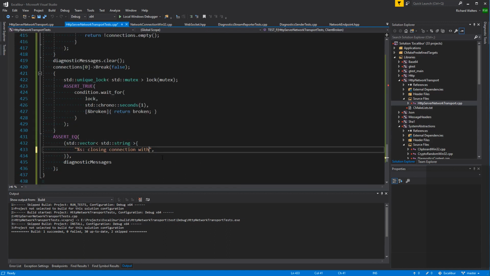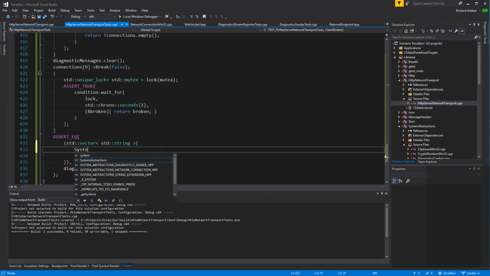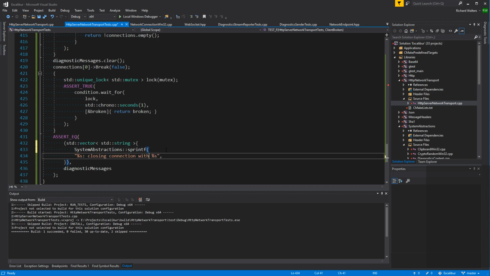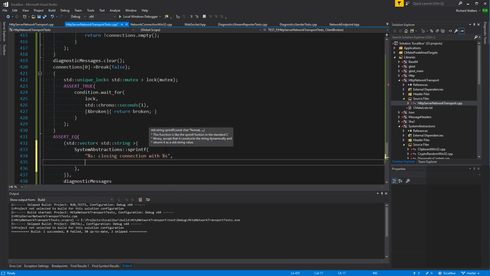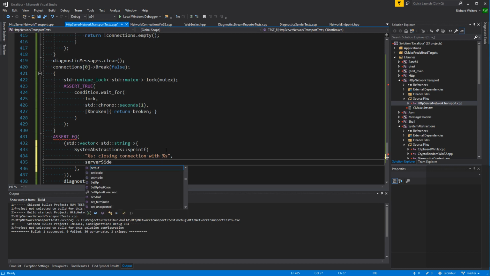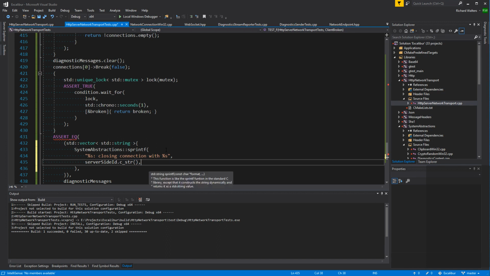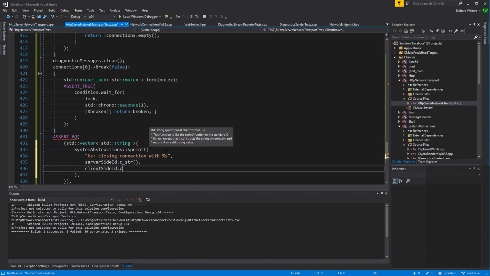I guess we'll repeat the same pattern. Oh, hold on. Let's just do that. And then we'll use system abstractions sprintf, server side ID, and then client side ID.